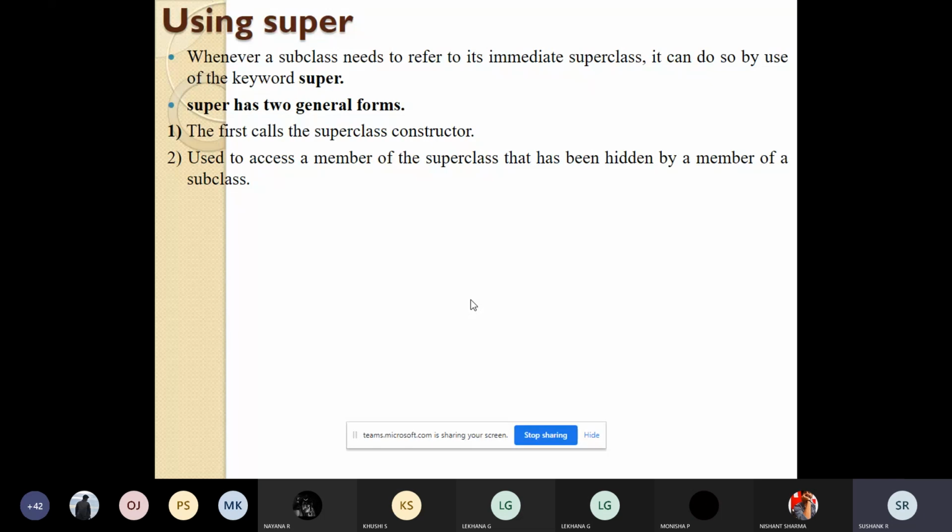There was a class called box, and it had three variables: width, height, and depth. So we created a constructor called box with initial values of width, height, and depth equal to 0. Then we created a parameterized constructor with some width, height, and depth values. I'm just writing the pseudocode, and we were assigning values like this dot w is equal to w. This is just to understand the code.